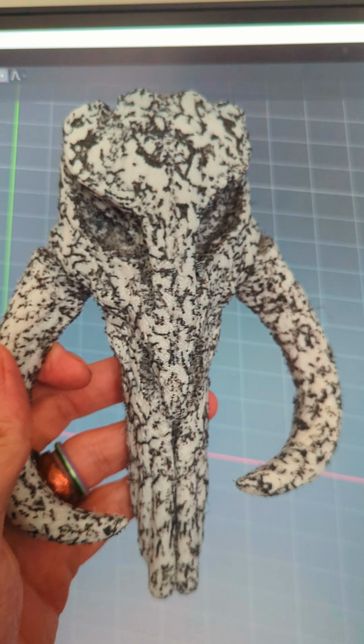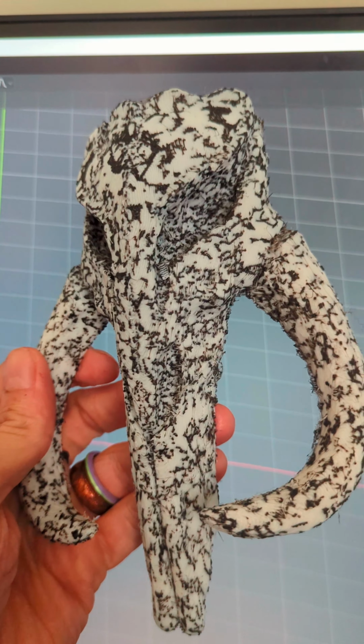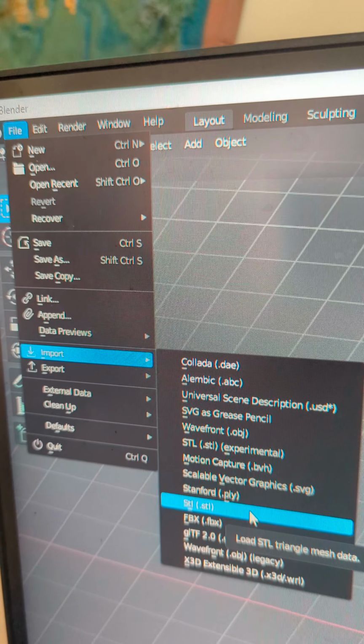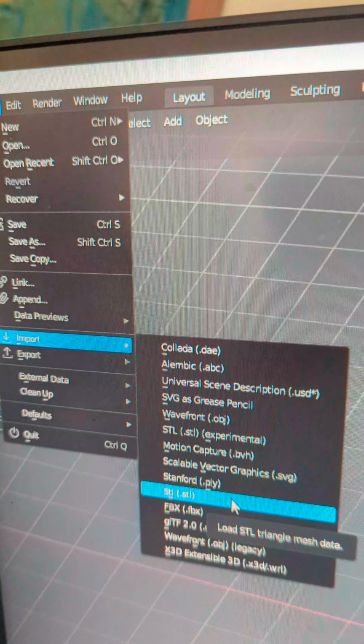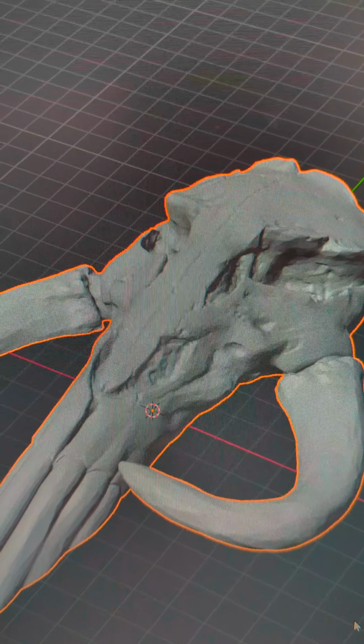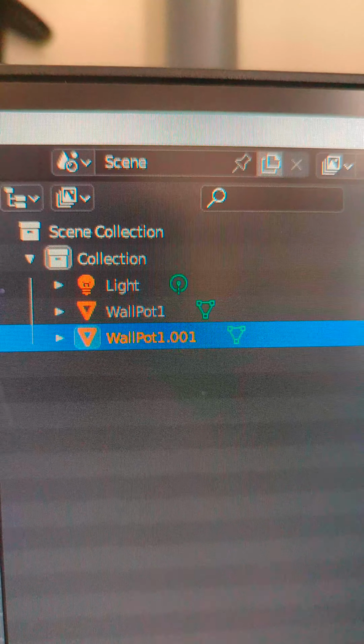Alright, so here is my tutorial on how to make this marbled looking effect with a 2-color printer. First, you're going to want to import your STL. Now that the STL is loaded, you want to hit Shift D to duplicate it, so that now you have